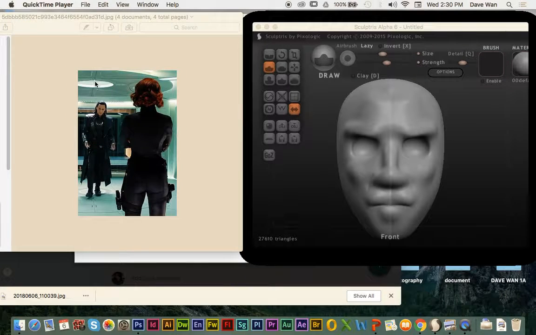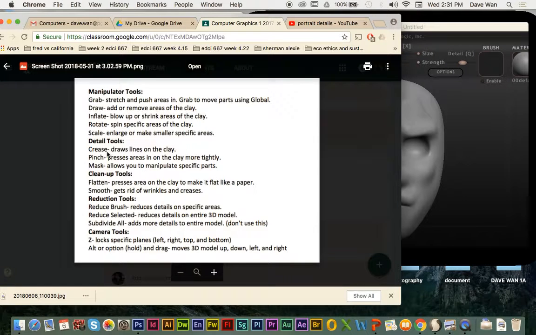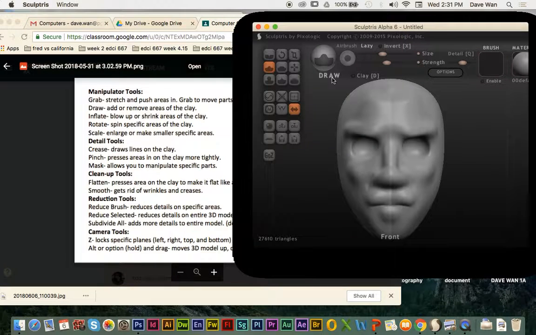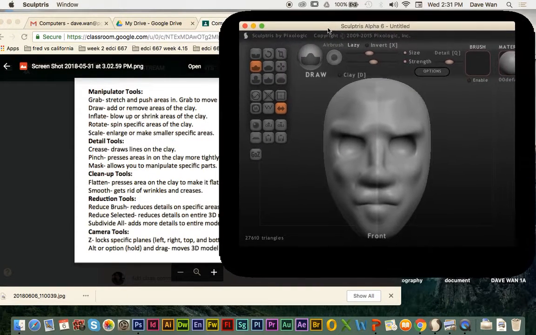Okay, so I'm going to just demonstrate what the other tools do in more detail. So this is basically using the crease, pinch, and the reduction tools. I'm going to go over masking separately just because that tool is a little bit more involved to use. Alright, so as you guys are working on your 3D models, you're going to start to move on to the